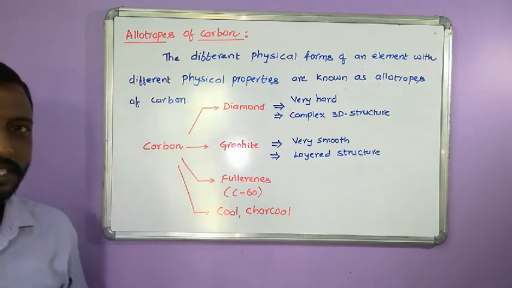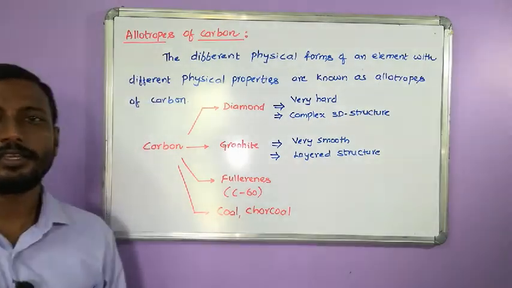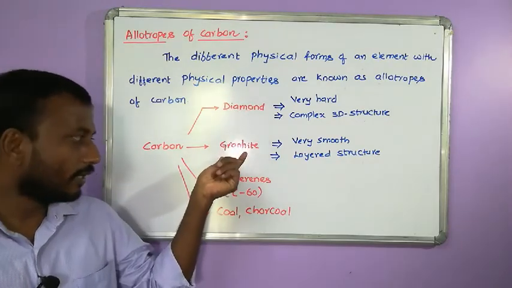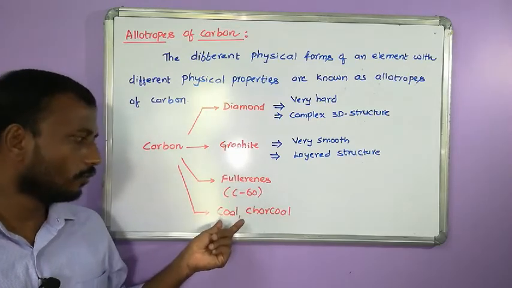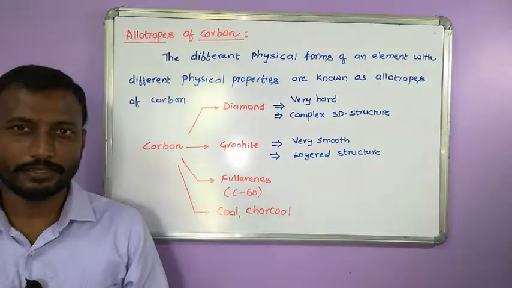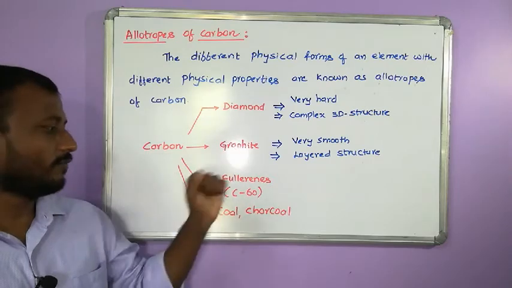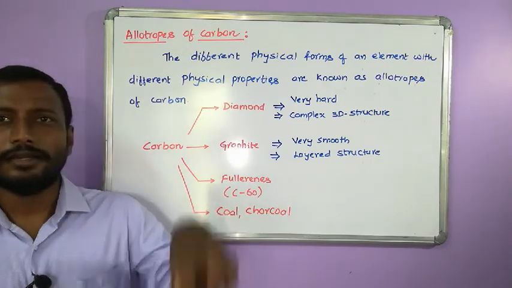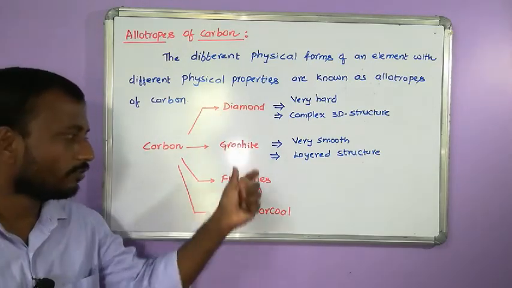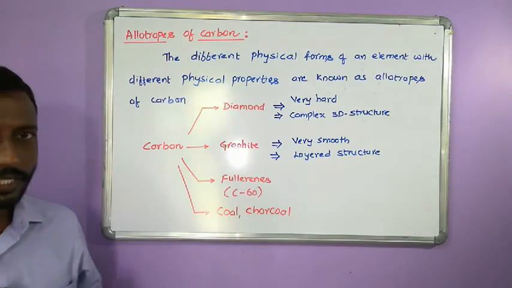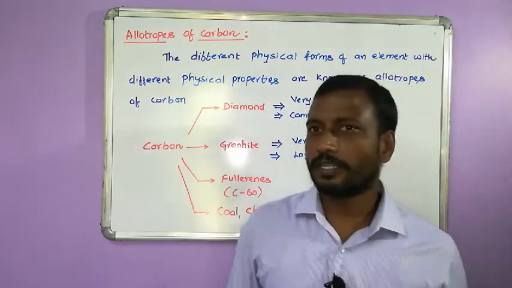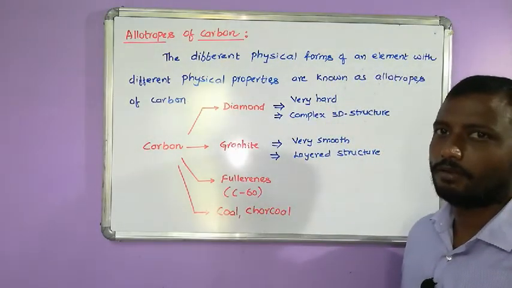In the first chapter we covered physical properties and chemical properties. In chemical properties, you are going to get a new compound. When diamond is burnt, when graphite is burnt, when fullerenes, coal, charcoal are burnt, you are going to get the end product carbon dioxide. But when you press diamond, graphite, fullerenes, coal, charcoal, they are going to give different forms. If you take a sample of same mass, the density is going to be different for all these compounds. So such compounds of the same element with different physical forms and different physical properties are going to be called allotropes.